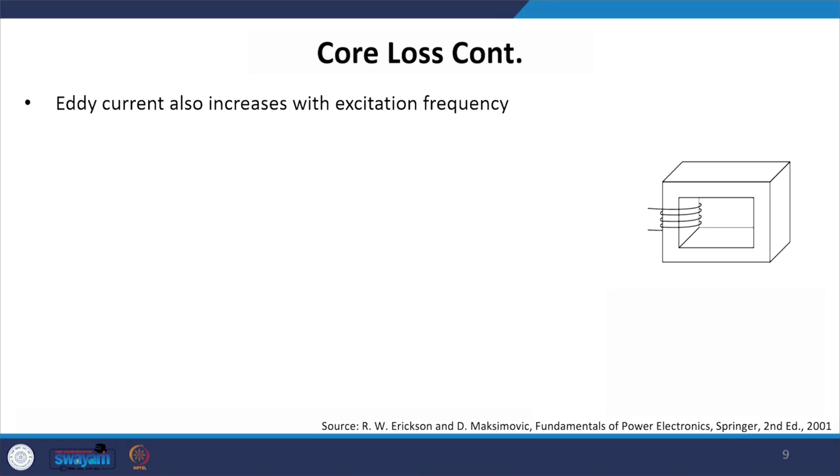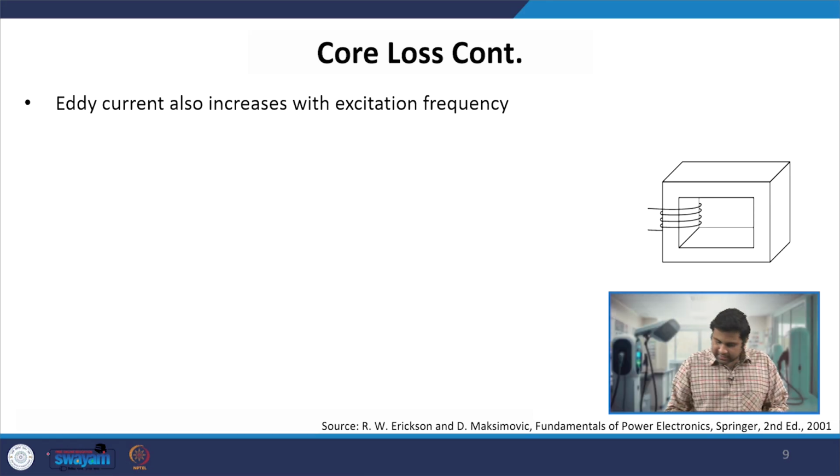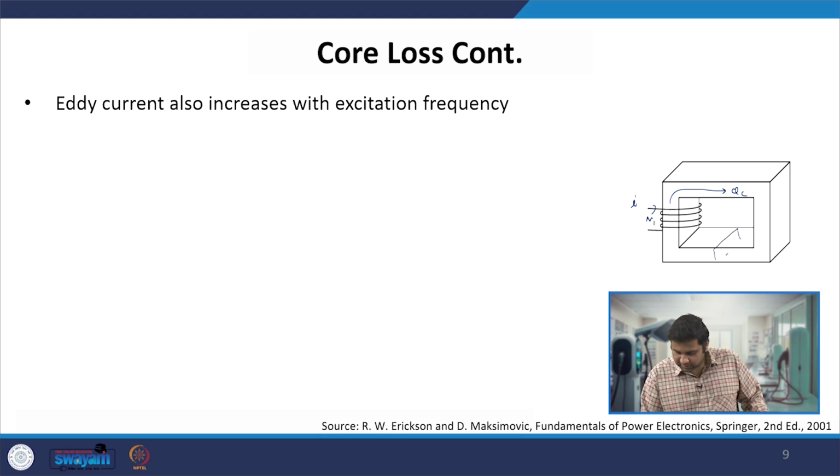Similarly, let us see how our eddy current losses look. In the eddy current losses, if we look very carefully, whenever we apply current I in this particular winding, let us say N1, there is flux generated. As a result, in this cross sectional area, the flux lines are coming and going into this cross sectional area. So we can take this particular cross sectional area like this, and the flux is going into this area, which we can draw that way.